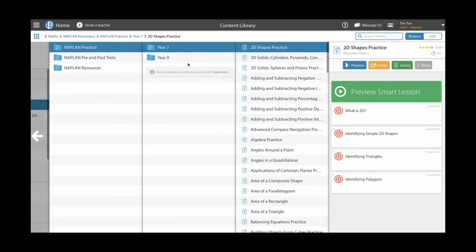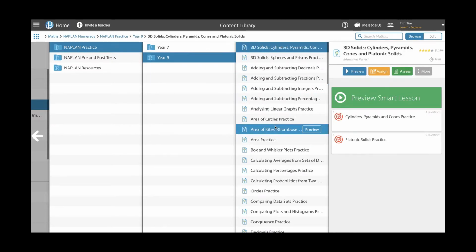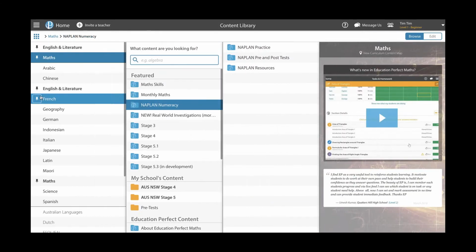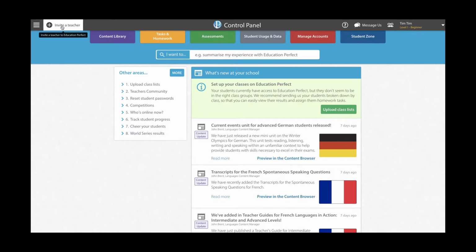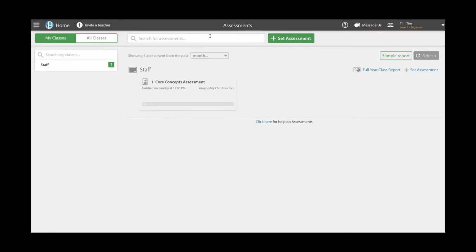You can take a deep dive into the Year 7 and Year 9 data, and the Year 7 and Year 9 lessons, which you'll find all listed here. So jumping out here, in terms of how you'd actually use this content, if I click on the assessments area here, as a basic example of how you can